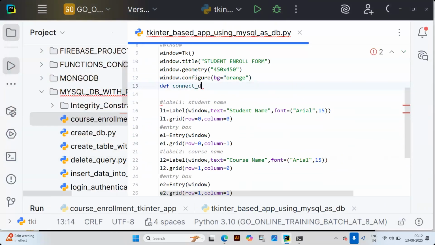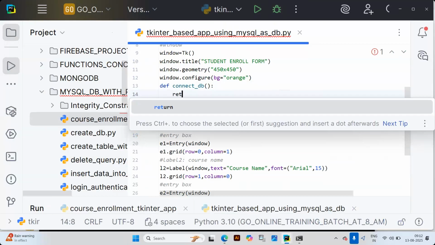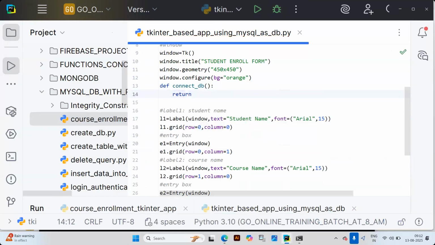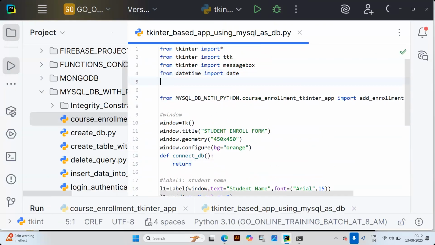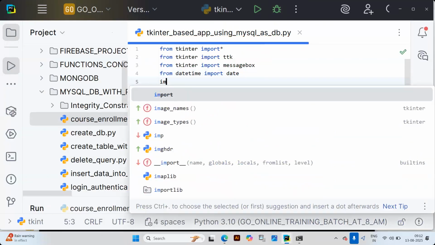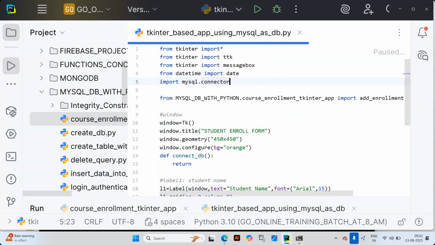Connect DB, because we have to connect to the database, right? Now absolutely the value will be written. If you want to connect with the database, you're supposed to go ahead. There will be the built-in function import mysql.connector, and absolutely it will be written mysql.connector.connect,